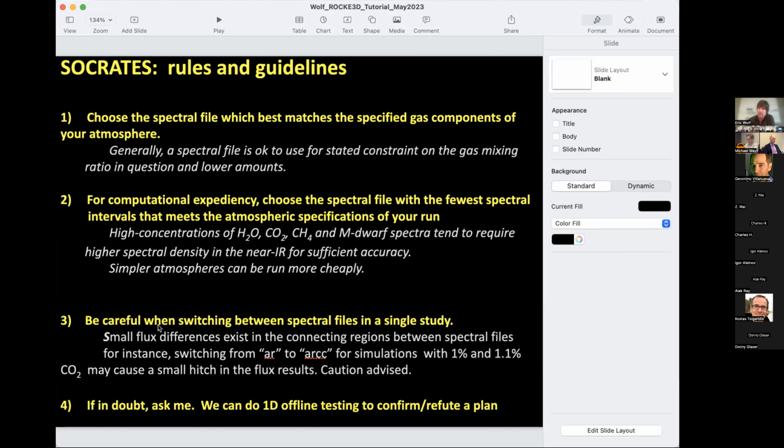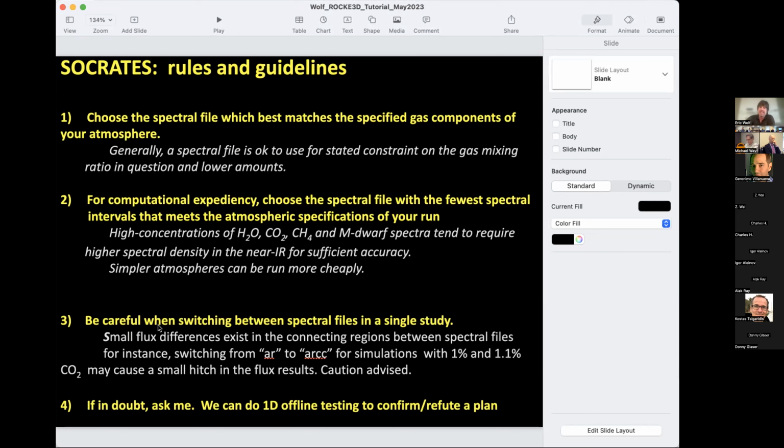So we've created all these different spectral files and they're all tuned to different values. That's how SOCRATES works on the fly when you're creating the spectral files. You don't choose your own Gauss points. For the k-distributions, in most GCMs the user will typically choose 8, the same 8 in every single bin. But SOCRATES tunes it and does a transmission test automatically, and tunes how many it needs. So it might need 2, it might need 15. And so because of this, all of our spectral files